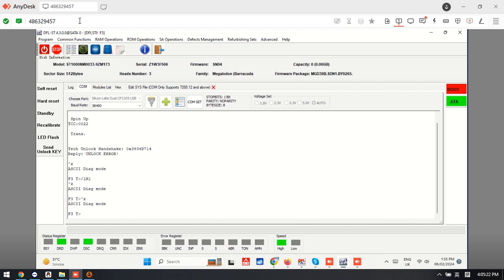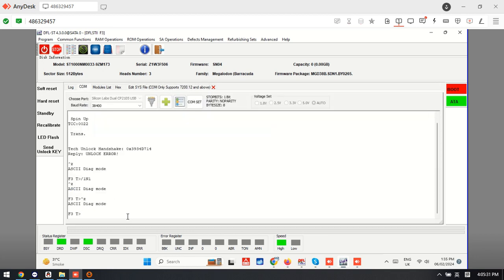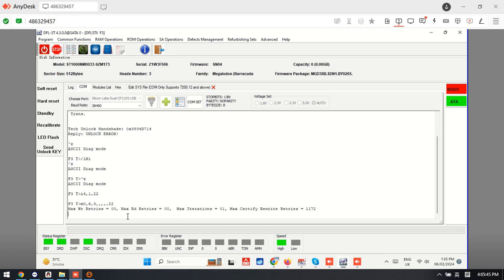If we don't use the common solution, we cannot edit the SYS file, and we can try to clear the V4 first, and then we can try to regenerate the translator. Now we need to wait a little bit. Please remember, for this family we need to use the